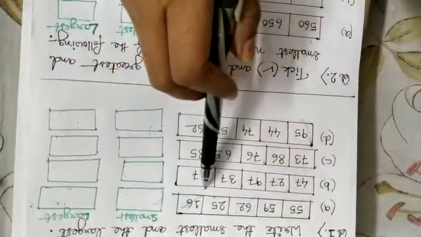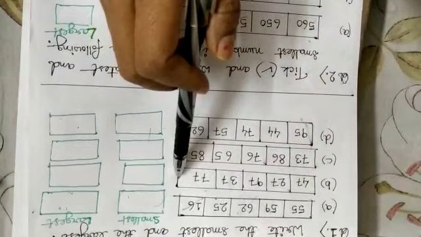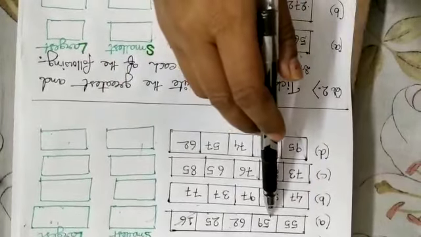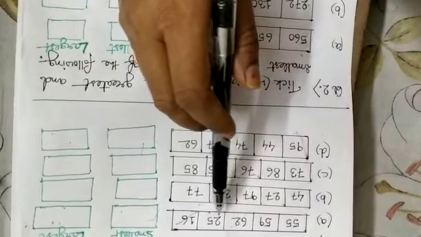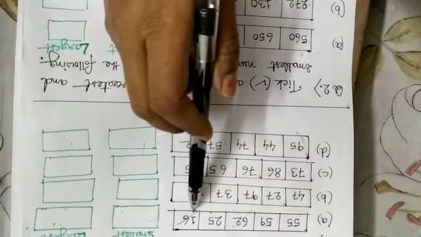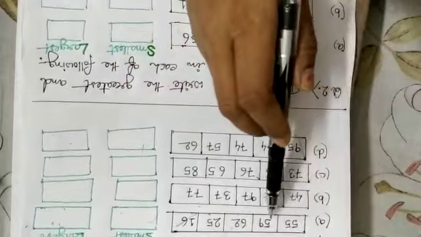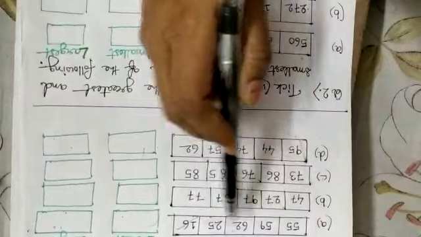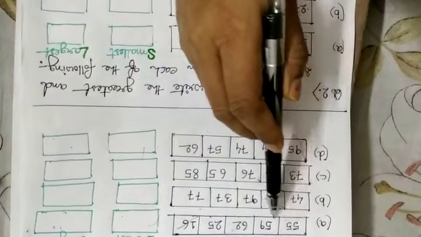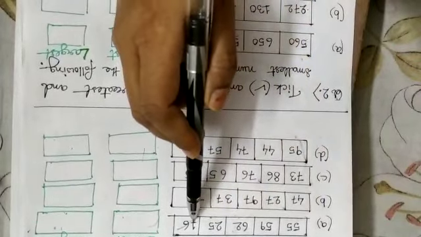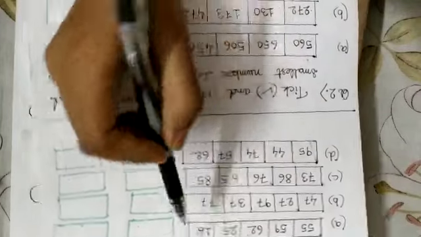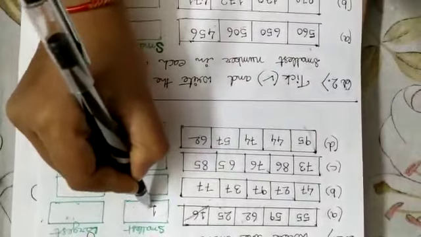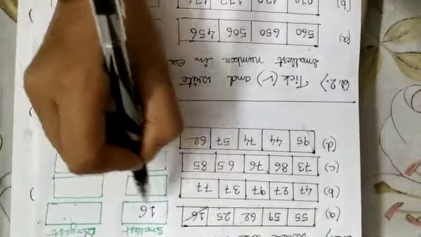There are 2-digit numbers. You have already practiced that one. Let's do it once again. Ones, tens. You'll start from tens, from the left side. We start comparing from the left side. 5, 5, 6, 2, 1. Which is the smallest? 1 is the smallest. So cut 1 and write here 16. 16 is the smallest number.